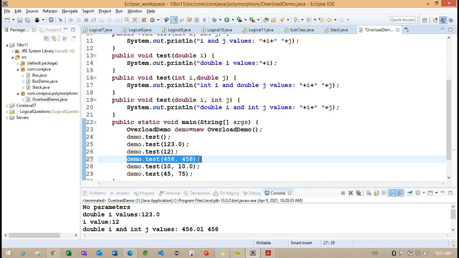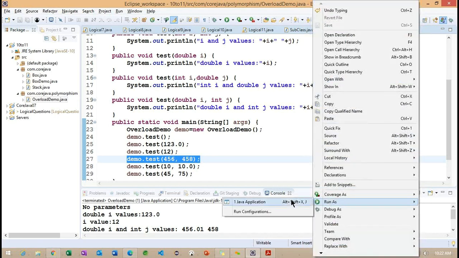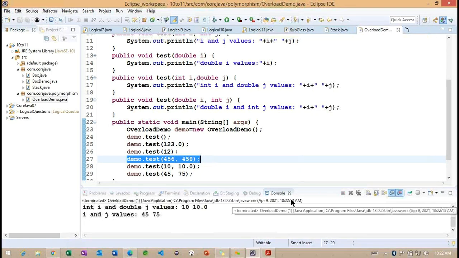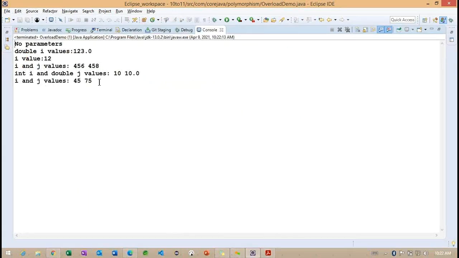Getting the point? Now whenever I call this particular 456 comma 458, what happens internally? It is going to call the int data type related method. So now we can understand that these two are the same.